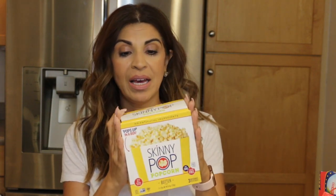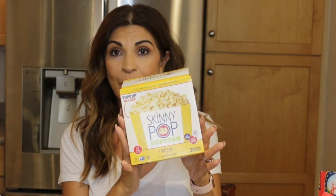Recently I discovered this because they didn't have the popcorn that we used to eat, and this is called Skinny Pop. I've never ever seen anything like this, nor have I tasted anything like this. It comes in these containers like this, and you open it up. I would open it up, but then it might get bad. But it literally unfolds like a popcorn bag from the movie theater, and it pops up perfectly. It does not burn, and it tastes amazing. I am not even kidding. So for you popcorn fanatics,